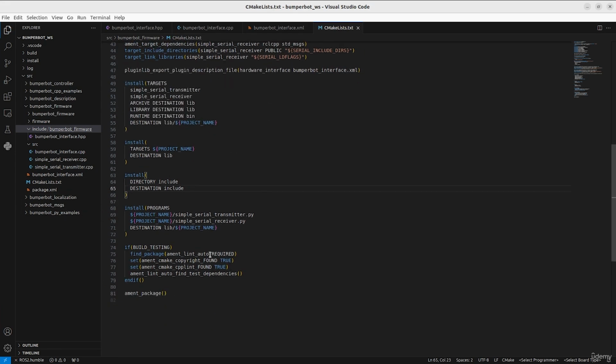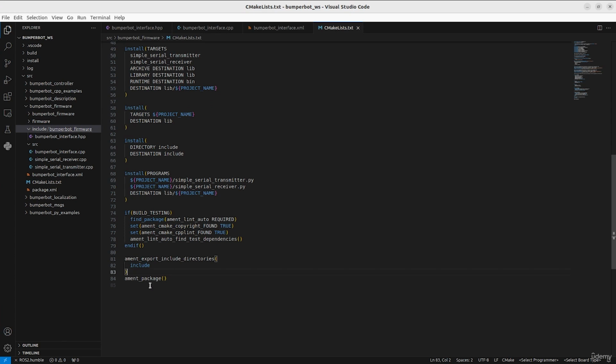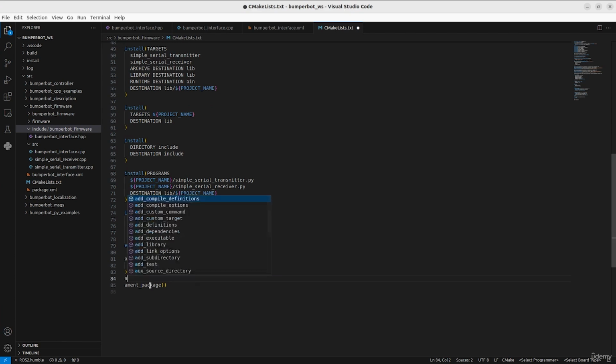Then at the end of the file, so here before the ament package, let's use the ament export include directories, and so let's export the directory include also,